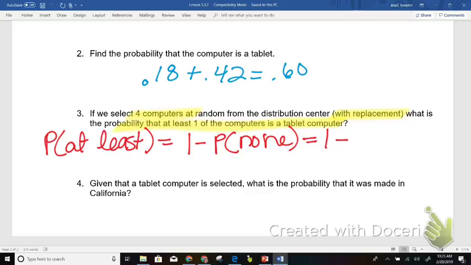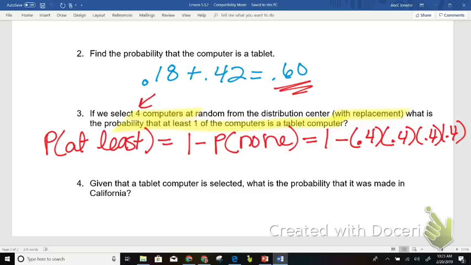So the probability that none of them are tablets means that the first one is not a tablet, and the second one is not a tablet, and the third one is not a tablet, and the fourth one is not a tablet. If there's a 60% chance that any individual computer is a tablet, that means there's a 40% chance that any individual computer is not a tablet. So the probability that the first one is not a tablet is 0.4. And the probability that the next one is not a tablet is 0.4, and so on. So that would mean we would multiply 0.4 times 0.4 times 0.4 times 0.4, 4 times for the 4 computers